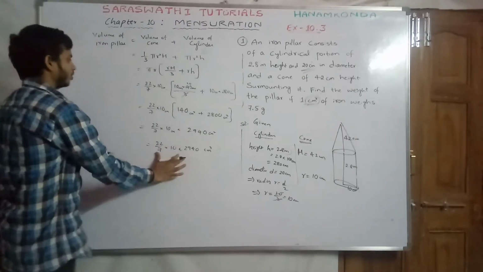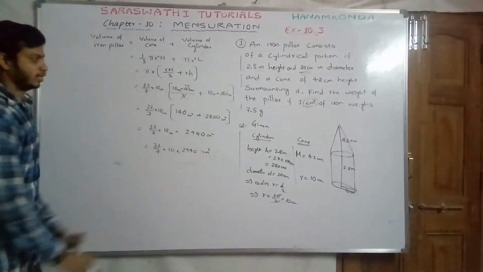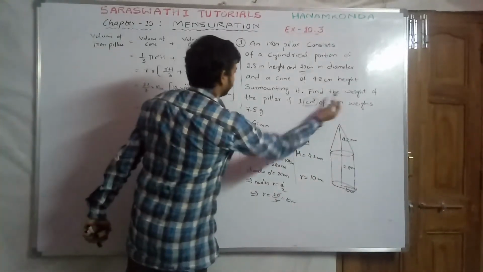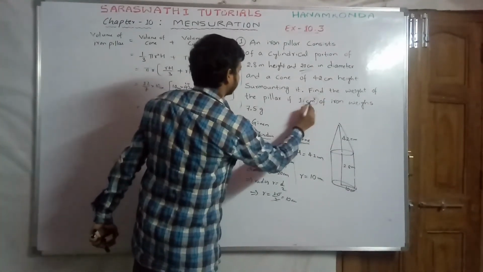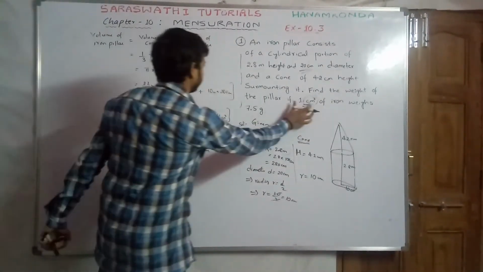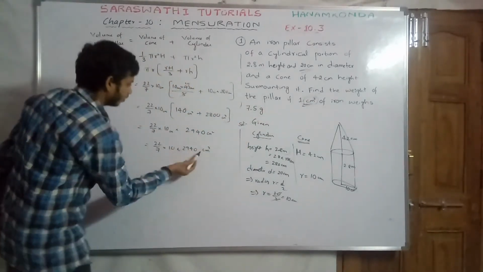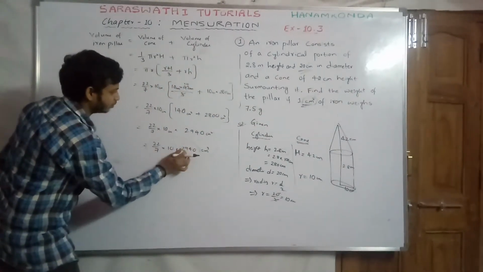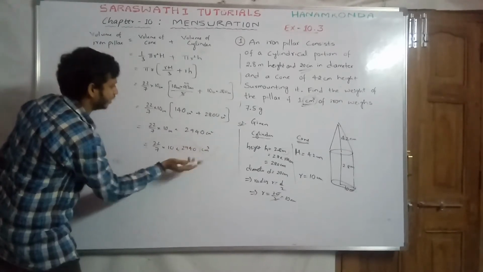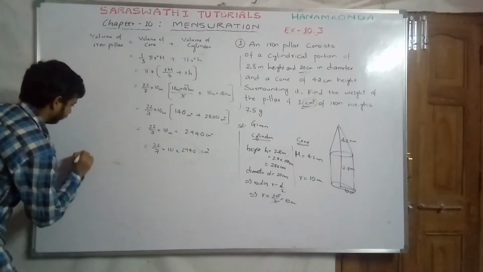So the volume of the iron pillar is 22 by 7 into 10 into 2940 centimeters cube. Now find the weight of the pillar if 1 centimeter cube of iron weighs 7.5 grams. It is mentioned in the question. So here we obtained 22 by 7 into 10 into 2940 centimeters cube of iron, and how many grams it weighs we have to find. Okay, so therefore